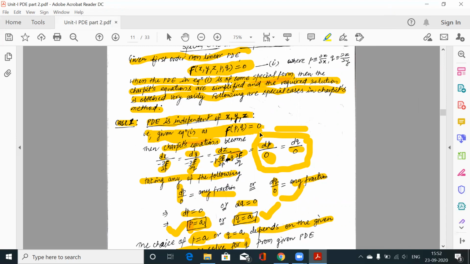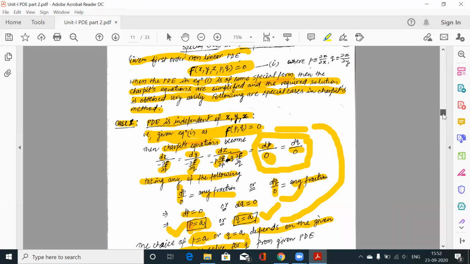So if this is the case, we can directly reduce these steps. Means we don't have to write the steps from here to this point. Directly you observe that this is an equation in case 1, means it contains p and q terms only. So then we know that in this case either p is equal to a or q is equal to a. So directly from here we can move to here. So in this way we are reducing some steps.